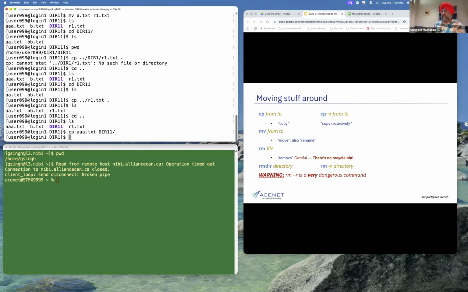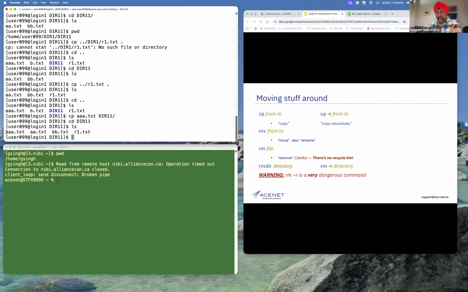If I press enter and go to dir11, I'll see AAA.txt over here as well. So that's how you can copy.